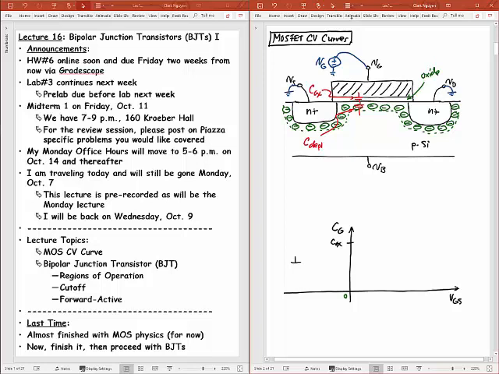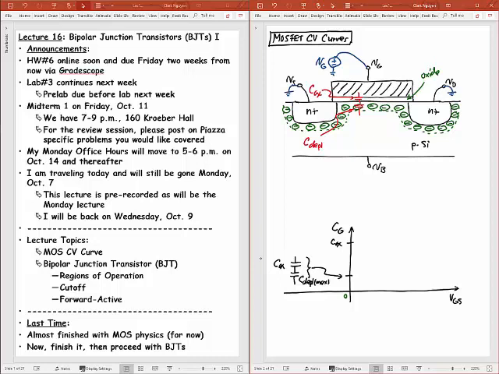So I have this picture. I have a Cox, and I have what I'll call C depletion max. And so when I have this series combination of capacitors, I'm going to say that occurs somewhere here. Okay, so this capacitance is that right there.